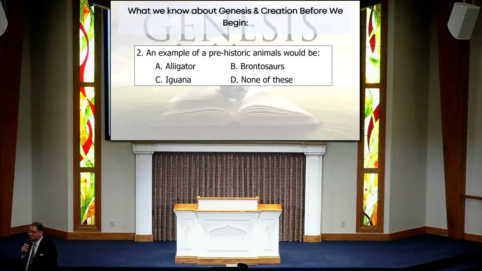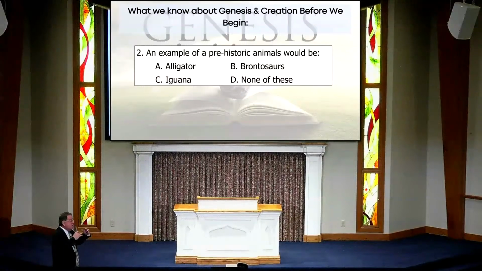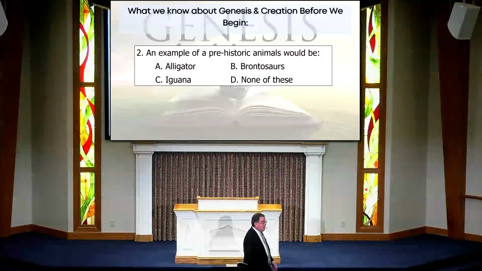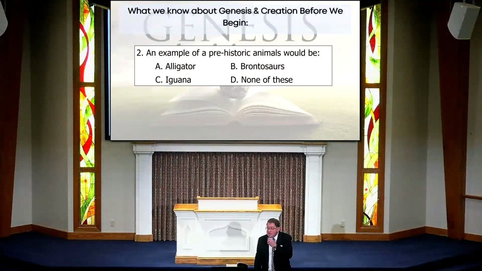First of all, the word pre means what? Before. Historic is really the history of man. So prehistoric would be before man. Man and animals were made on the same day if we believe Genesis 1, don't we? So there's no such thing as prehistoric. And that blows away every museum you go to, every science show you see on TV. That's one reason why we have these studies, because we hear so much and we think, oh, yeah, this was 500 million years ago. It's prehistoric. Be careful. What's that going to do to what I believe about Genesis?